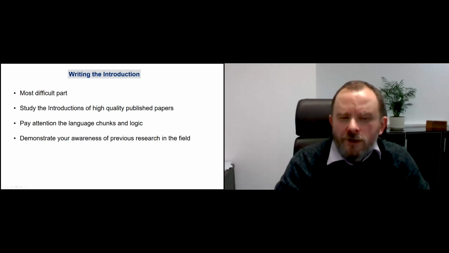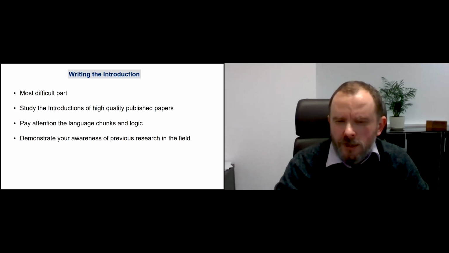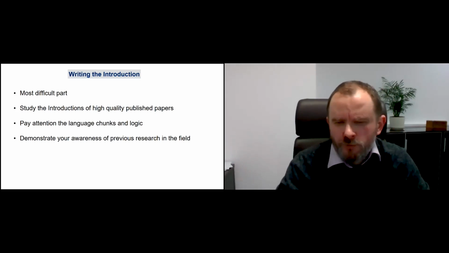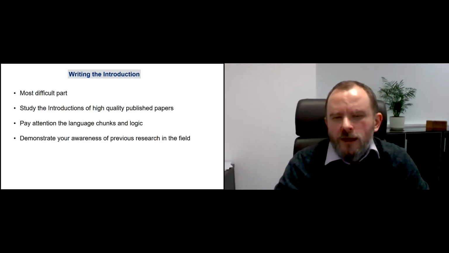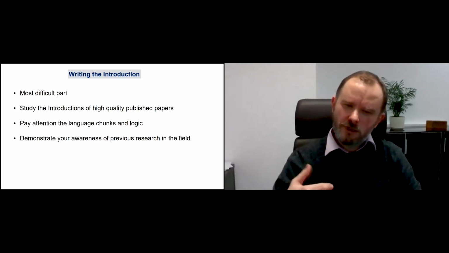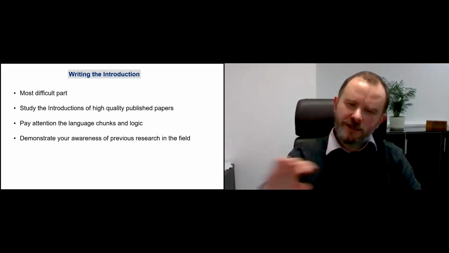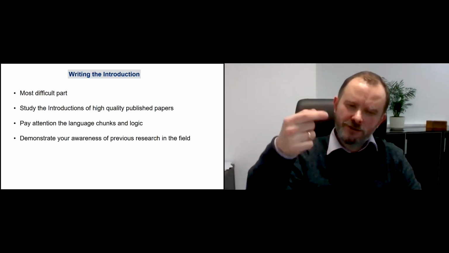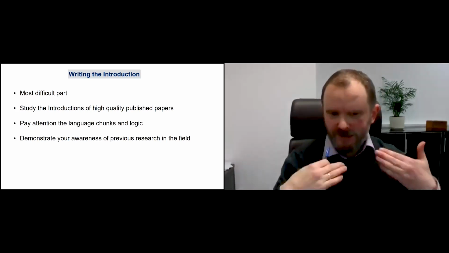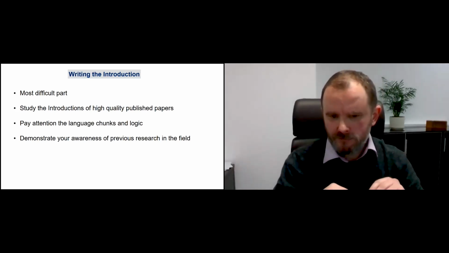Also, when you have at least a first version of the introduction, please think about how logical it is. Now I will go to my personal proposition of what should be in the introduction. But in any case, when you have your own version, test it for logic, how this phrase is connected with the next phrase. This should be first, this should be second. This follows from this. Please think about this and check.